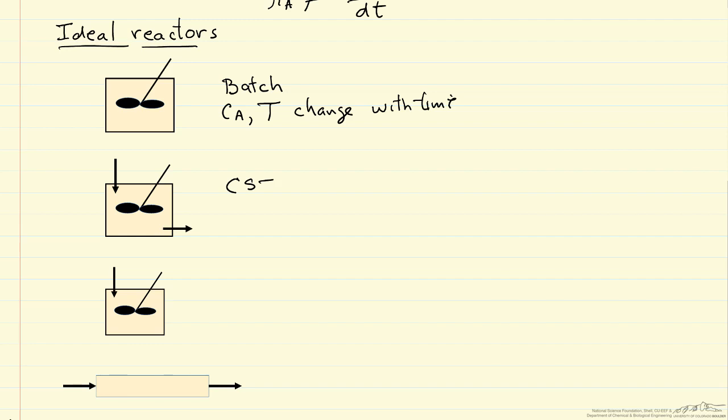Continuous stirred tank reactor looks like a batch reactor where we continuously add, continuously remove material at steady state. So that means the concentration and the temperature in the reactor are both constant. They're not changing with time. Derivatives with respect to time are equal to 0 because it's steady state. A